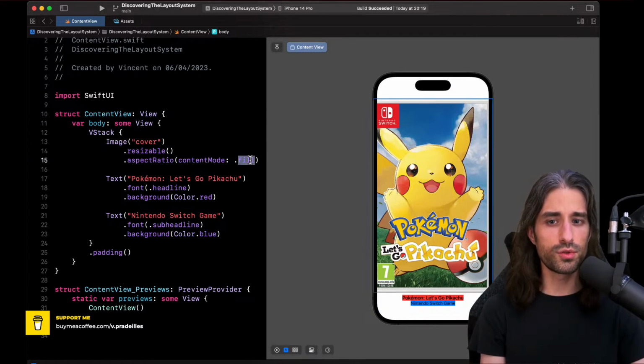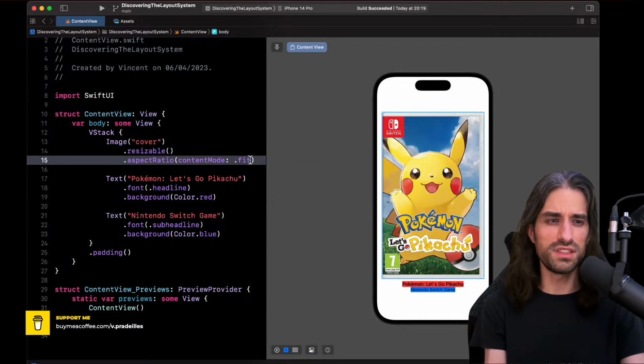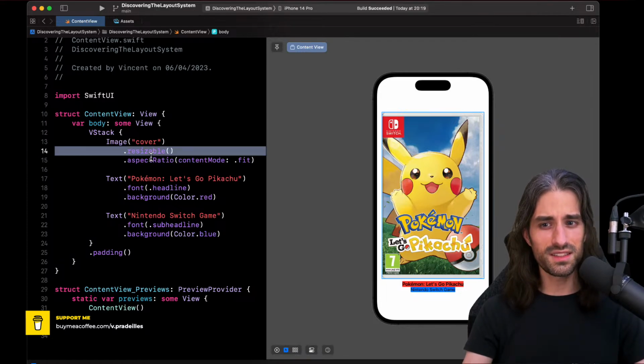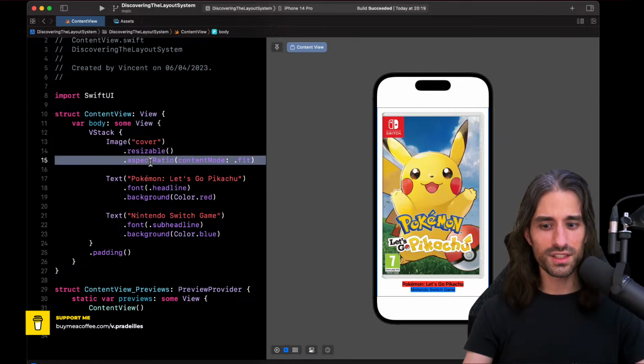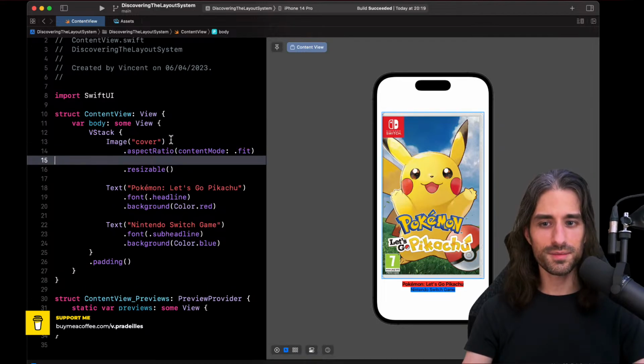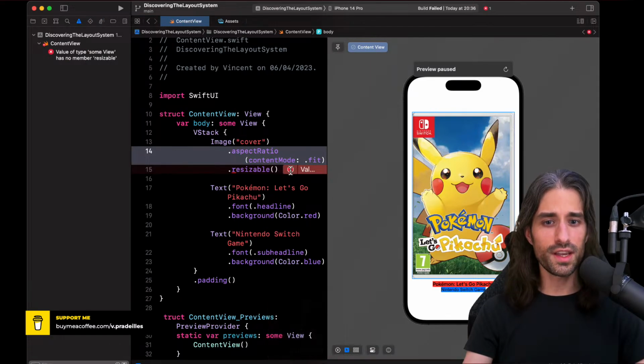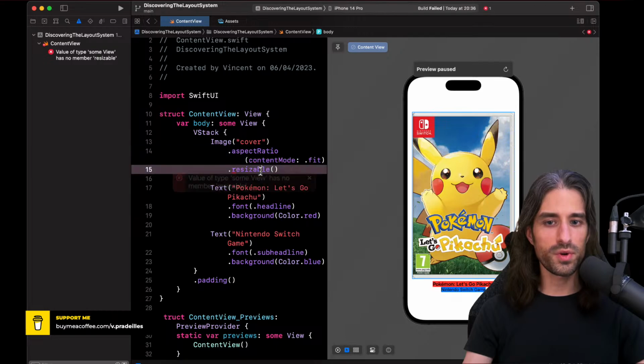So most of the time, you actually want to use content mode fill because this is what you use, I guess. I'm trying to think how many times have I used fit and fill. I think I have used fit most of the time. Something interesting is that if you try to switch the order of these two modifiers, you will get a compilation error that says value of type some View has no member resizable.